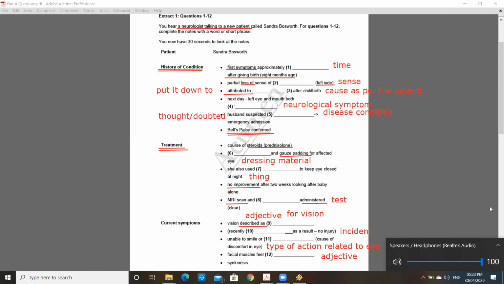I see. And in terms of your current symptoms? Well, as you can see, I still have the facial palsy, and my eyesight isn't always very good, sort of blurry, if you know what I mean. I actually fell down the stairs last week, and I'm sure that's why. I didn't hurt myself, but thank goodness I wasn't holding my daughter at the time. Poor kid. I'm not even able to smile properly.